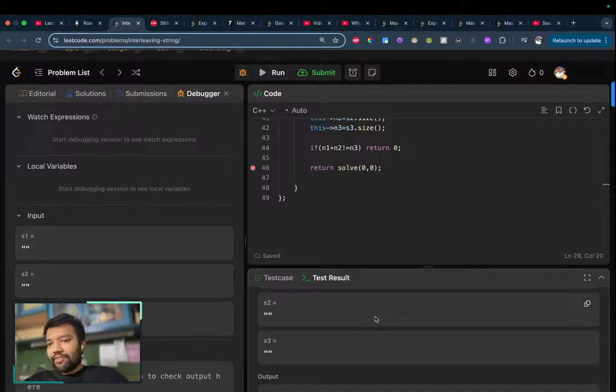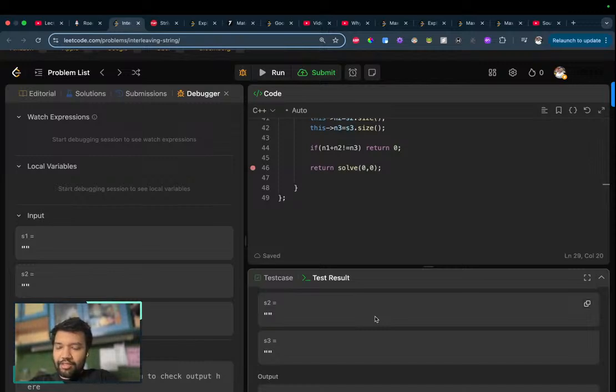So, Burst Balloons. You are given n balloons, indexed 0 to n minus 1. Each balloon is painted with a number on it, represented by the array nums. Burst all the balloons. If balloon i is burst, you'll get nums[i-1] times nums[i] times nums[i+1] coins. If I burst, let's say, the first balloon, I'll get 3 times 1 times 5 coins. So if I burst one balloon, balloon number 1 on index 1,